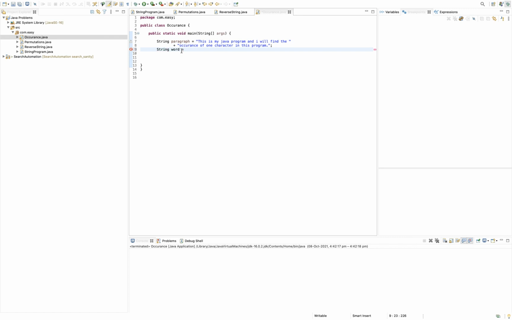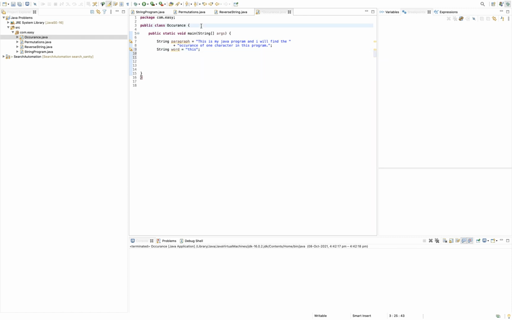There are multiple ways of doing this program, but I am taking one of the methods, which is the already inbuilt method equals. I will take that method and then we will try to solve this program. If you are looking for more methods, just give me a comment. I will do that in other ways also. So we are going to find this here.